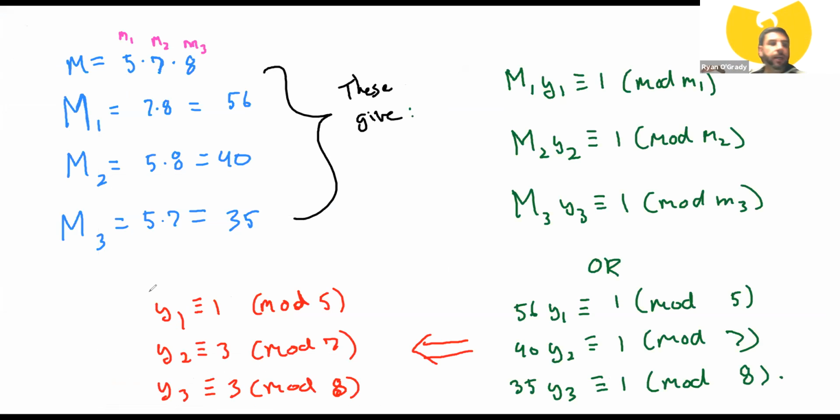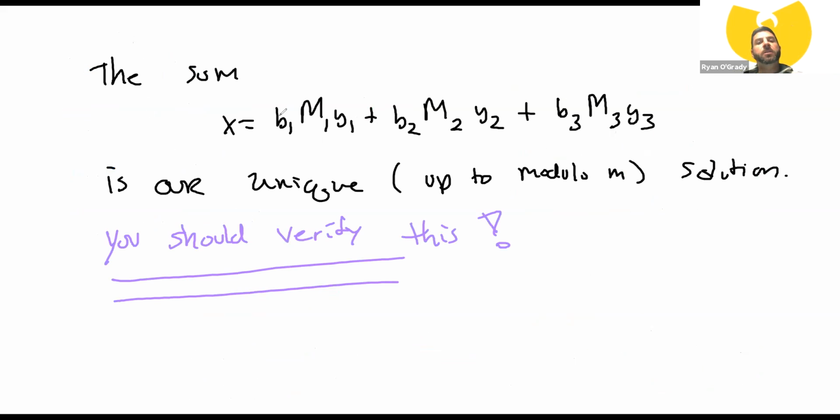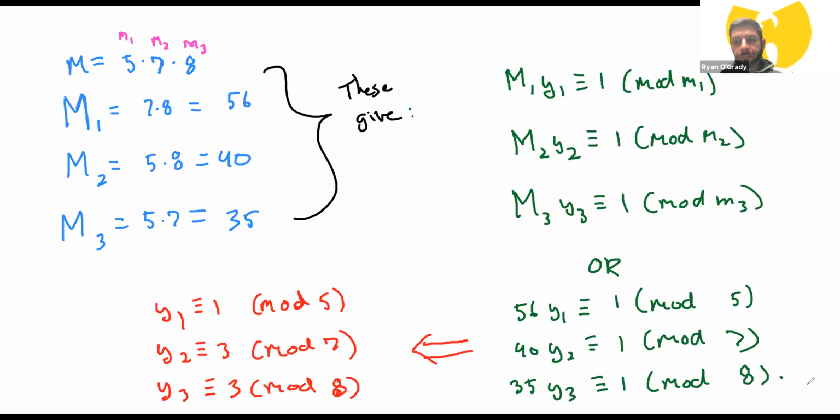So now we have our capital M's and we have our y's, and so now we can tell you what the solution is. We just have to use the proper formula. And what formula is it? It's what the Chinese remainder theorem tells us: b sub 1, capital M sub 1, y sub 1, and add up all the analogous ones. And so if we go to the next page,